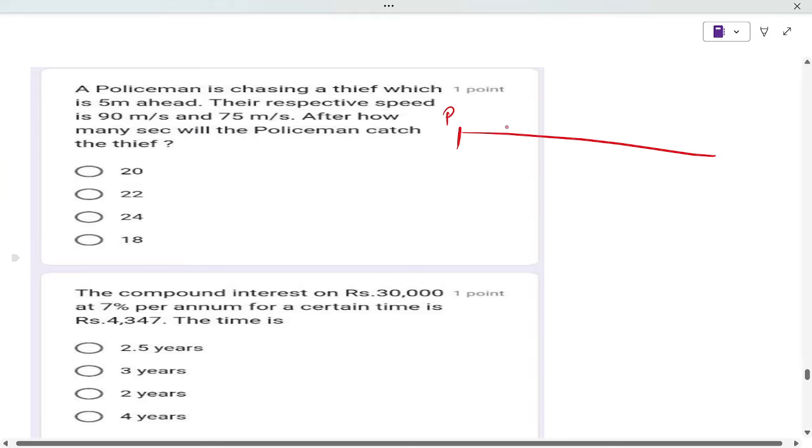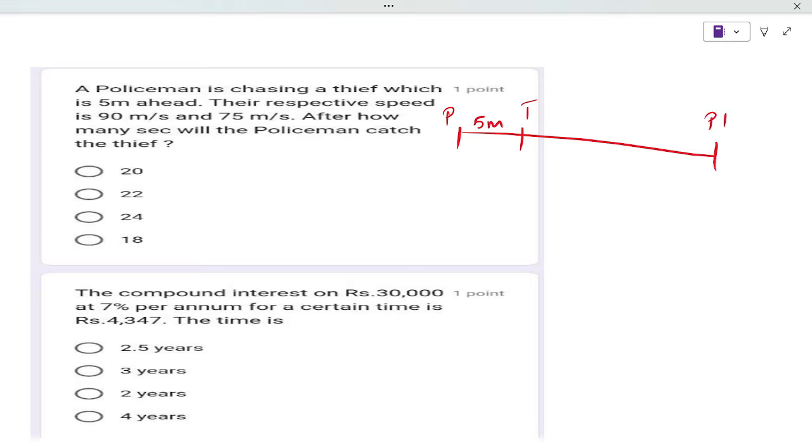Here is the police, here is the thief, 5 meters ahead. That means there is a difference. The distance between police and thief is some x meters. In terms of time, the time of the police will be equal to the time of the thief, since both run for 1 hour. So can we say the time of the police